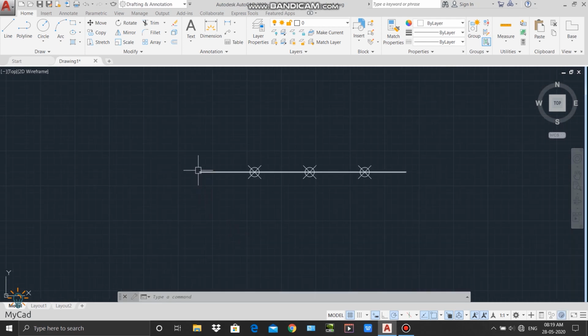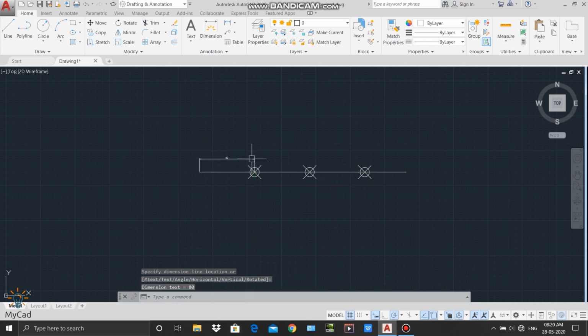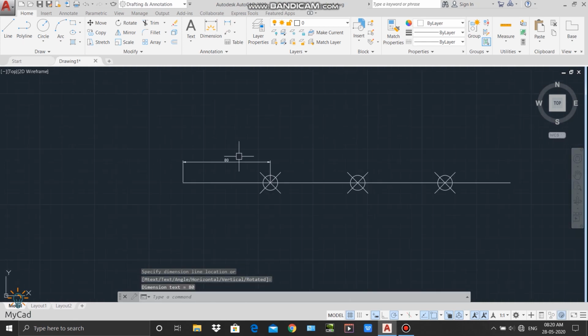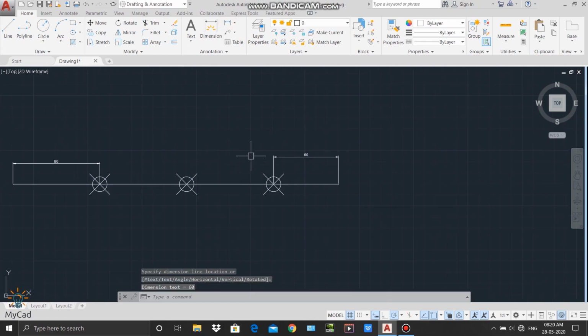Now you can see from the starting of our line, the measure command added nodes at a distance of 80 from the starting of our line. To confirm that, I will add a dimension for this. Here you can see it is 80, but in the last segment the length is 60 because the total length of our line was 300 units.